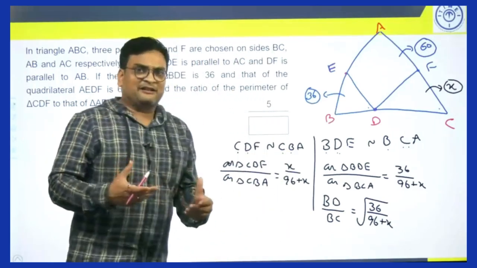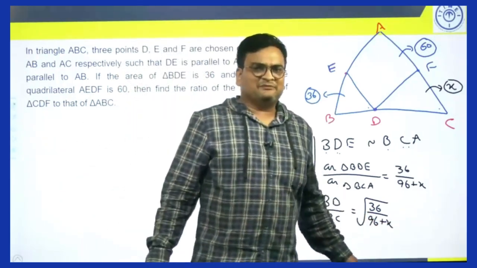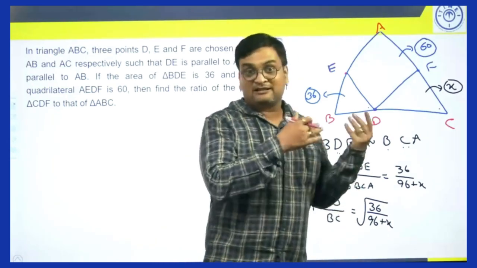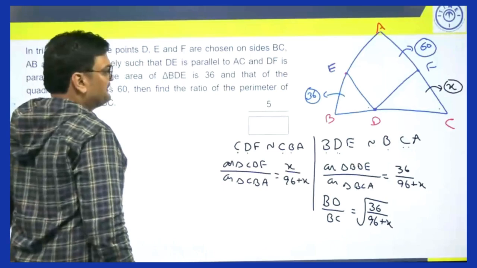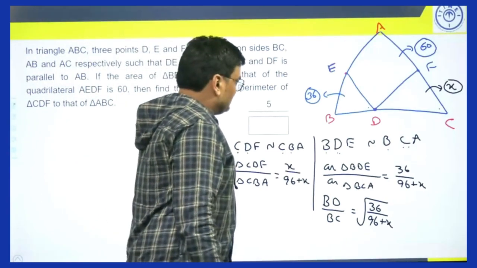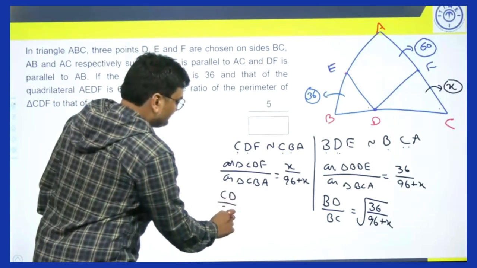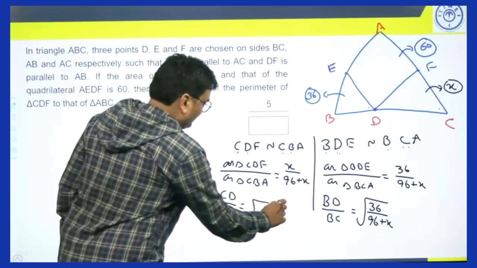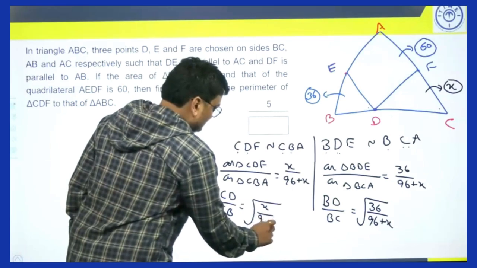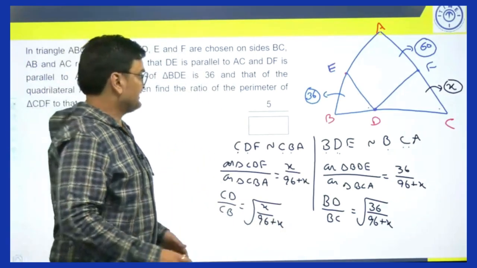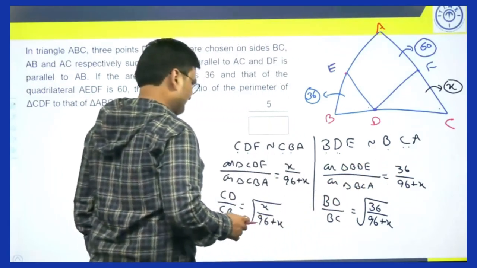One hunch that I am getting here is that the value of x should be 25, because 96 plus 25 gives me 121, which is also a perfect square. But let's try to prove that. So BD by BC, we get it as this, right. Now similarly here, can we say CD by CB will be the square root of this, 6. Now what is CD? So let's try to write it this way. Please notice,